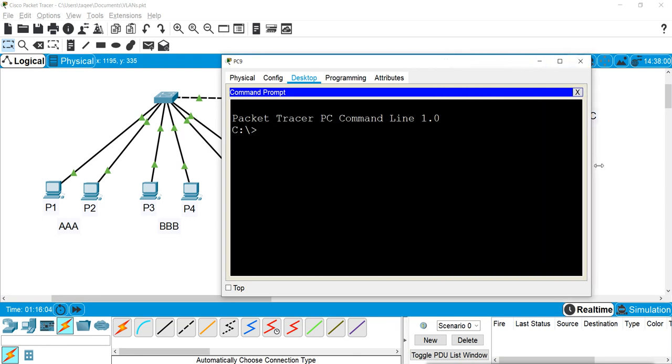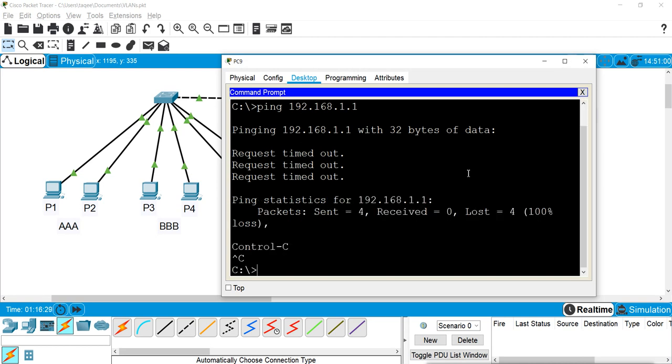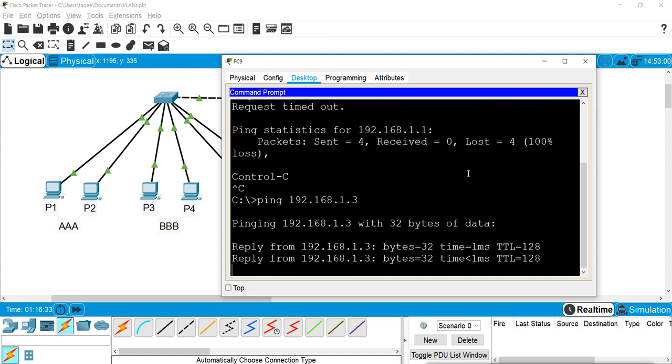So if I try to ping 192.168.1.1 from here, it will not get the reply because it is from a different VLAN. But if I try to ping the other one, like 3, it can get a reply because it belongs to the same VLAN.